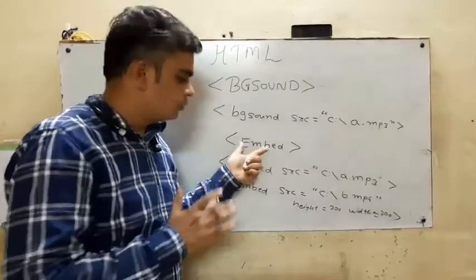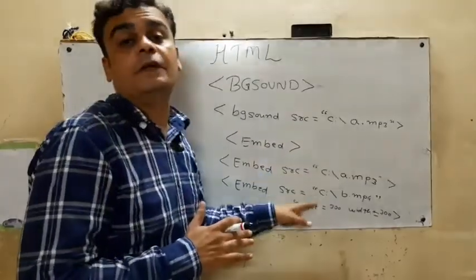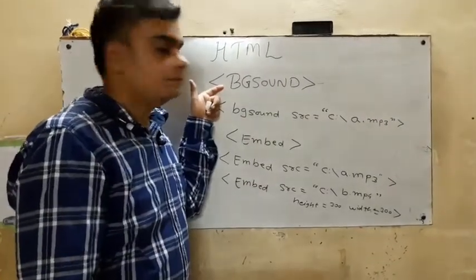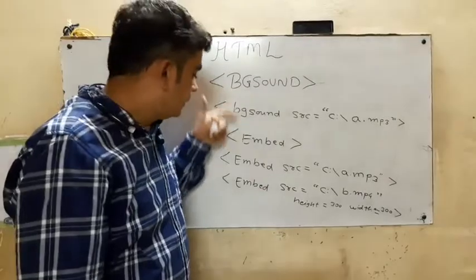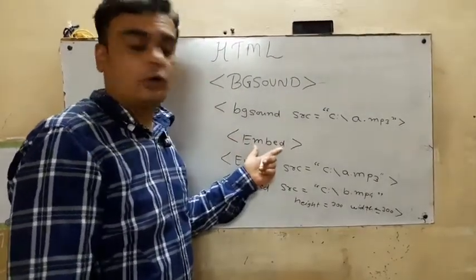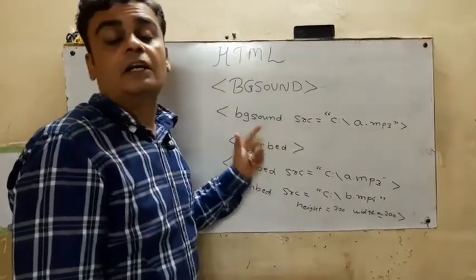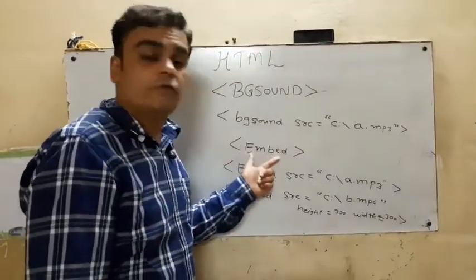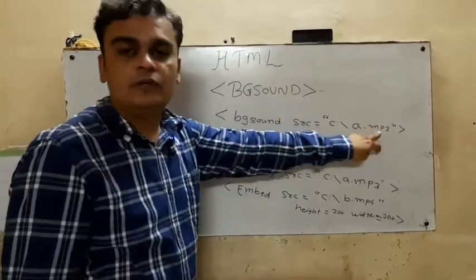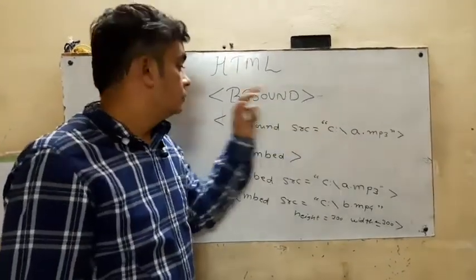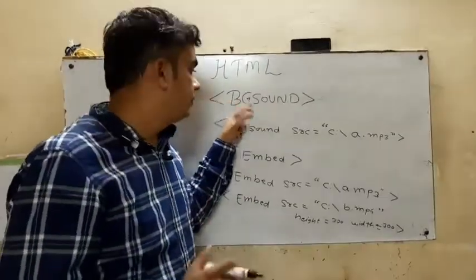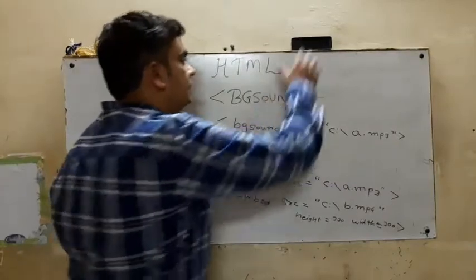Similarly, the embed tag is used to insert audio as well as video in our web page. But BGSOUND is generally called without control and the embed tag is called with control. Why? Because play, pause, stop is totally under the control of the user. So that's why it is called with control. Generally, BGSOUND is used only to add audio files. So if I want to use a video file without control, for that purpose we are going to see